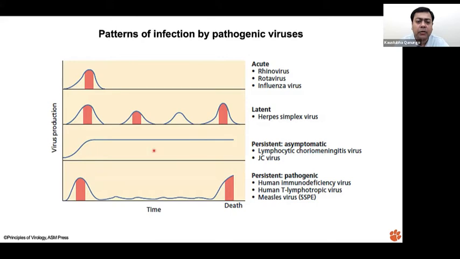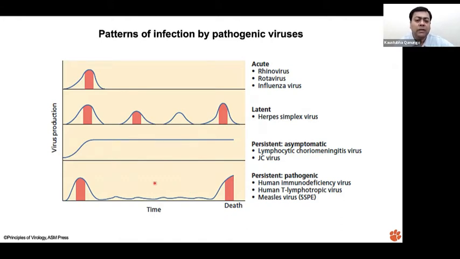On the other hand, here you can see persistent asymptomatic infections, for example LCMV, lymphocytic choriomeningitis virus, and JC virus, known as John Cunningham virus, named after the patient from whom it was recovered. These are persistent and asymptomatic in humans as well. So you get them, and they will stay in your system for the rest of your life, but they